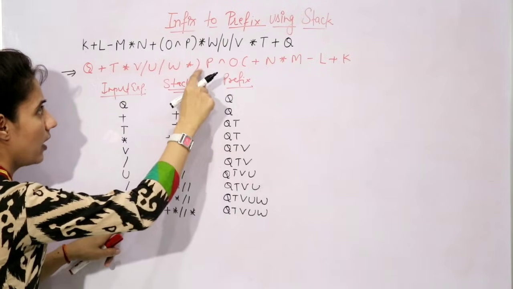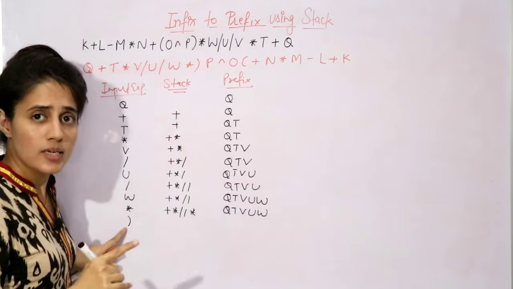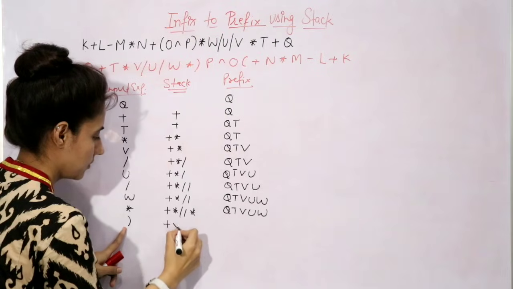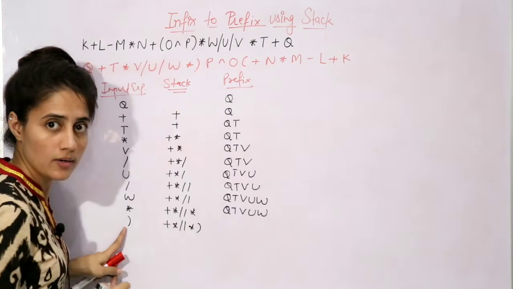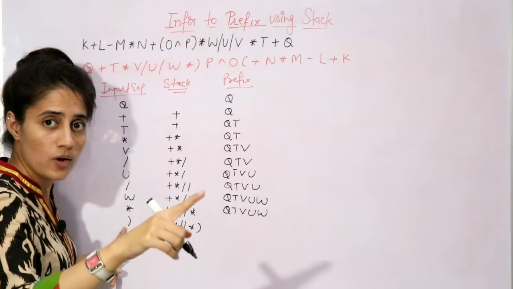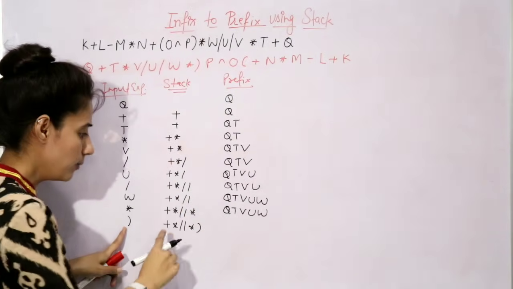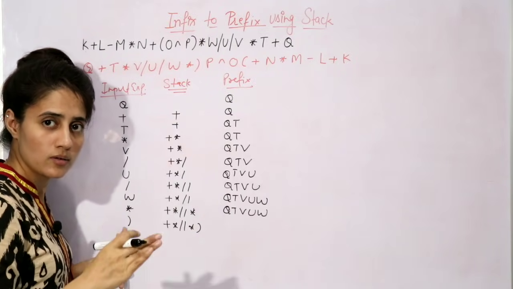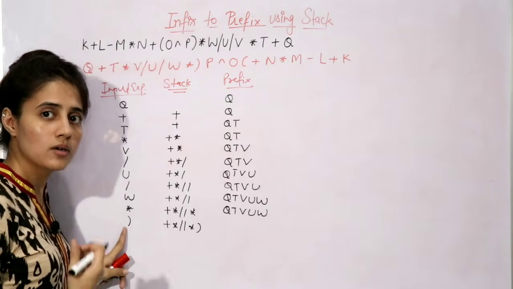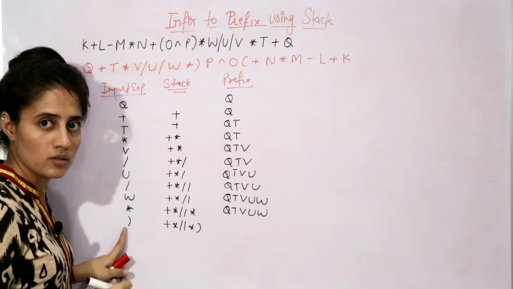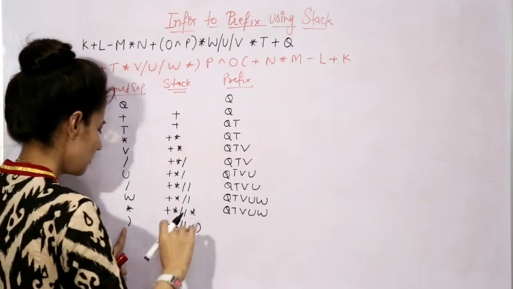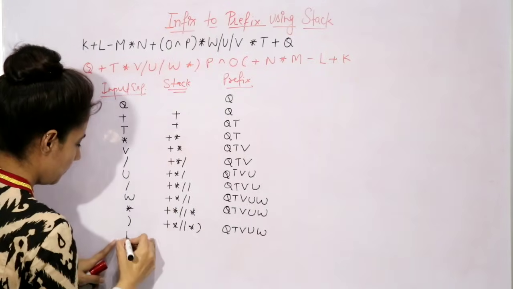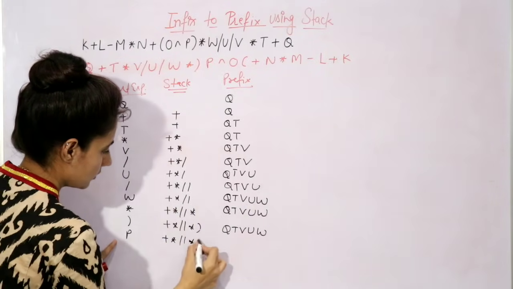Now after this, see, now I have a closing parenthesis. In this case, if you find any closing parenthesis, simply put that parenthesis into the stack, right? In the previous case, infix to postfix, what we did was, if an opening parenthesis is there, push it into the stack. If a closing parenthesis is there, pop out the stack one by one till you find the opening parenthesis corresponding to that closing parenthesis. But here the rule is different, reverse. Now simply push it into the stack, right? Now after this we have P. No need to do anything, simply append